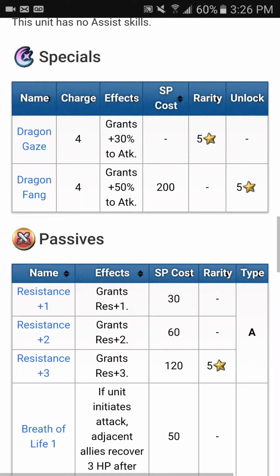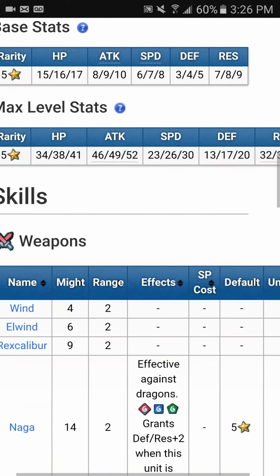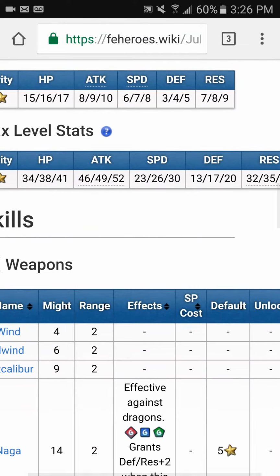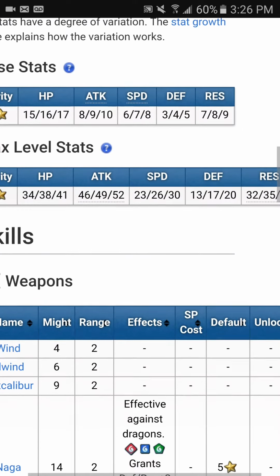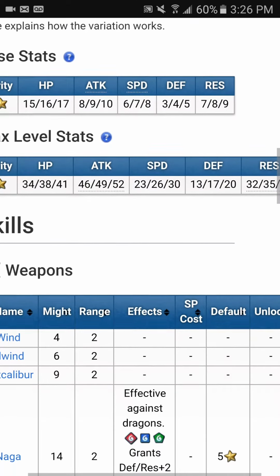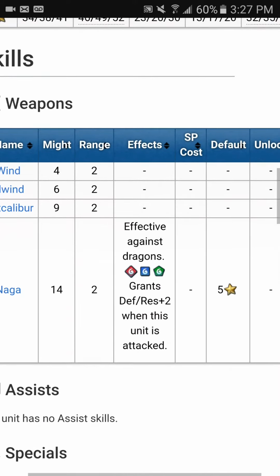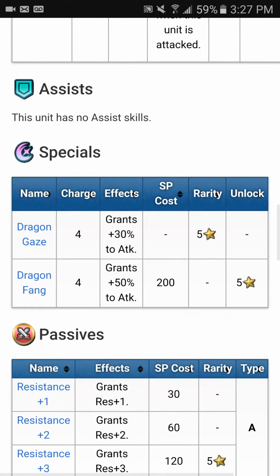Her special is okay. It's not amazing at 4 charges, but it's okay. The reason it's not amazing at 4 charges is because her speed is absolutely atrocious. Oh no, apparently she could get up to 30 speed. Still not that good. If you're going up against Lind or anything like that, she's really only got the 1 attack per turn, which could sometimes be annoying, having to take 2 turns to do a 1-turn job. But still, it's a good